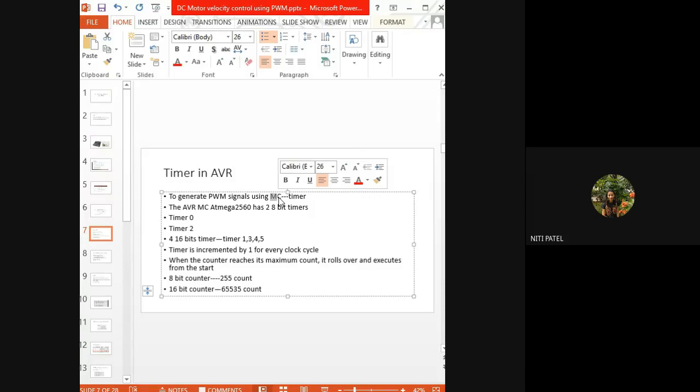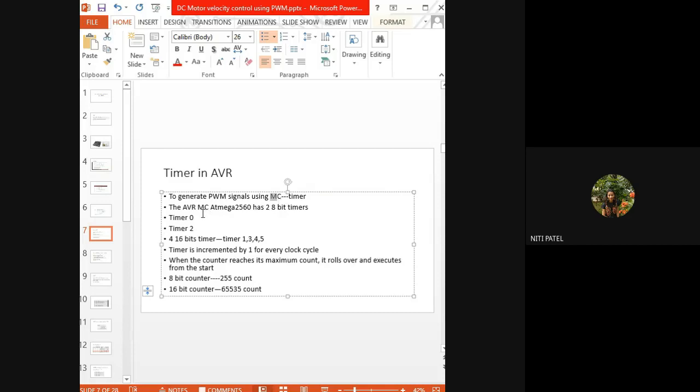जैसे सेंसर हमने एडिशनली लगाया है Firebird 5 पे, सिमिलरली टाइमर भी लगाया है. So the timer and the microcontroller 2560 will work together and generate this pulse width modulation, because of which we are going to control the speed of our robot with the help of the DC motor.